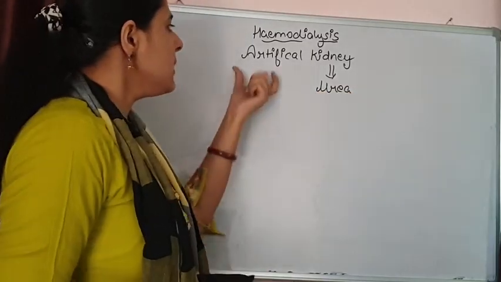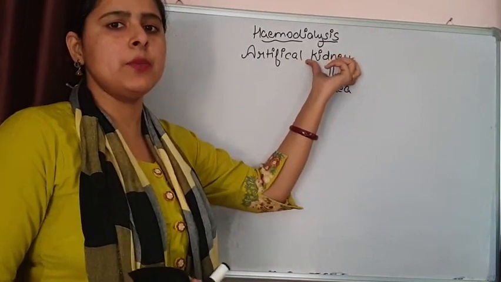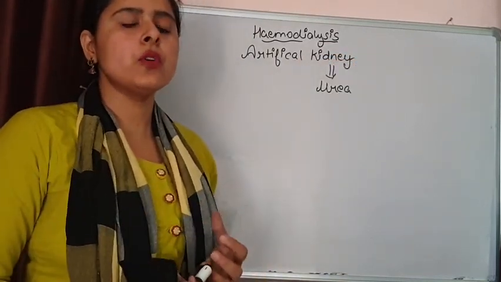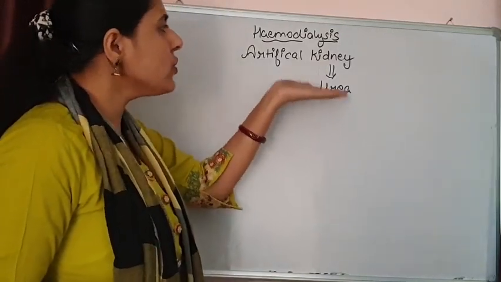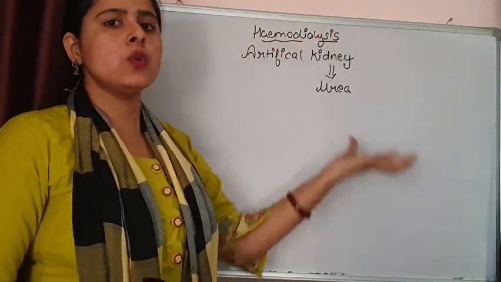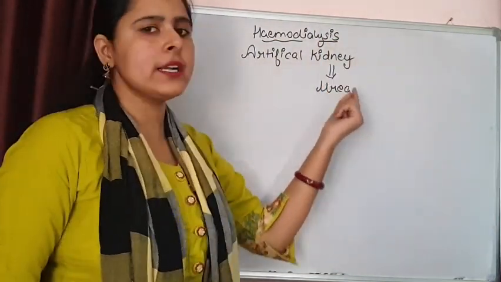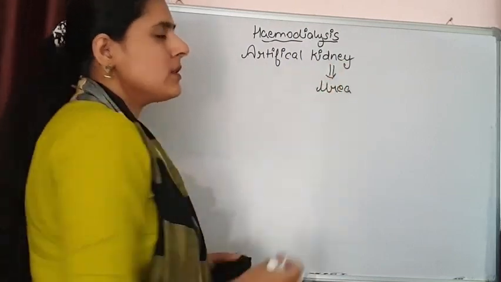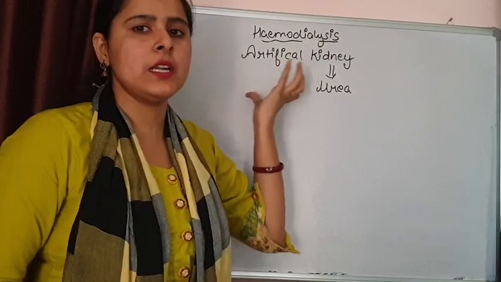Some individuals may undergo kidney failure. It can be because of any type of infection or injury. So what can we do for those individuals whose kidneys are not functioning properly? For that purpose we follow a mechanism. They undergo a system that is known as hemodialysis, or artificial kidney, because hemodialysis functions the same as the kidney, but it is a machine. That's why I have written the word artificial.